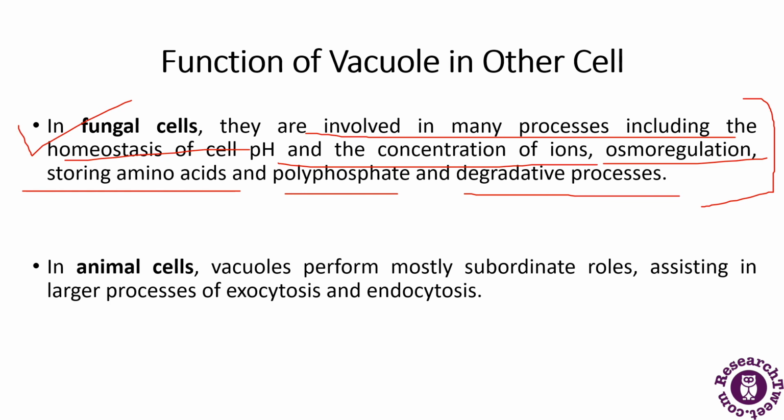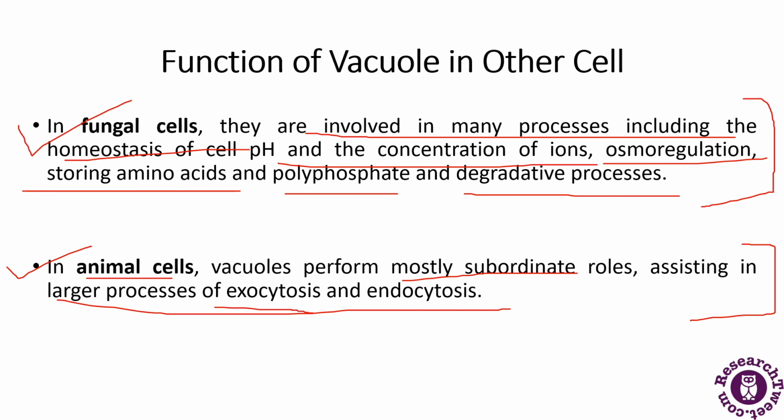And in animal cells, we have said that vacuoles are present in very small quantity or are absent. If they are present in small numbers, they perform subordinate roles and assist the larger processes of endocytosis and exocytosis. We have discussed already that endocytosis is when the vacuoles take in food, and exocytosis is when they excrete the food or substances. This was all about the